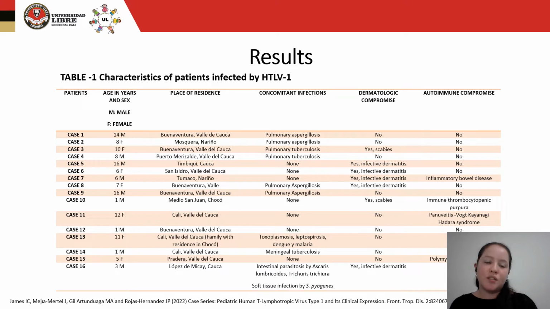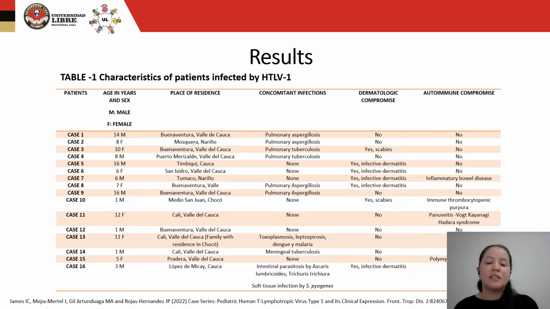The results were a total of 16 patients that we found with infection of HTLV. 9 of them were men, 7 were women. 13 of these patients came from the Pacific Coast, 9 with nutritional deficiencies, and 9 with hematological findings. The main finding was microcytic normochromic anemia. 8 cases presented with respiratory symptoms, all of them taken to bronchoalveolar lavage, 2 of them with the diagnosis of pulmonary tuberculosis, and 4 of them with the diagnosis of pulmonary aspergillosis.